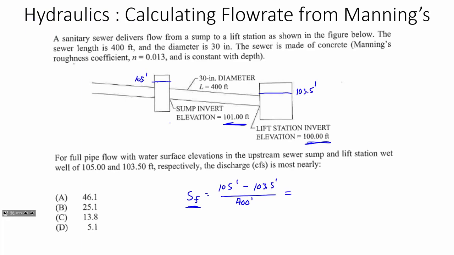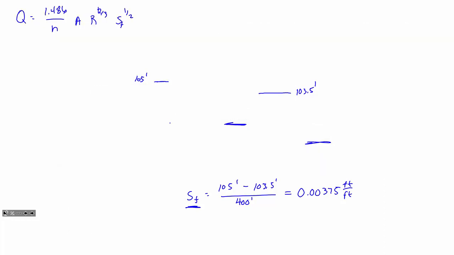And so if we want to calculate flow rate from Manning's equation, we can apply it again. It's going to be 1.486 over n times area times R to the 2/3 times the slope, that friction slope, to the 1/2. So again, we calculated the friction slope there is going to be equal to 0.00375, and this is going to be feet per feet. Okay, so we can plug our values in here to Manning's equation. We have 1.486 over 0.013